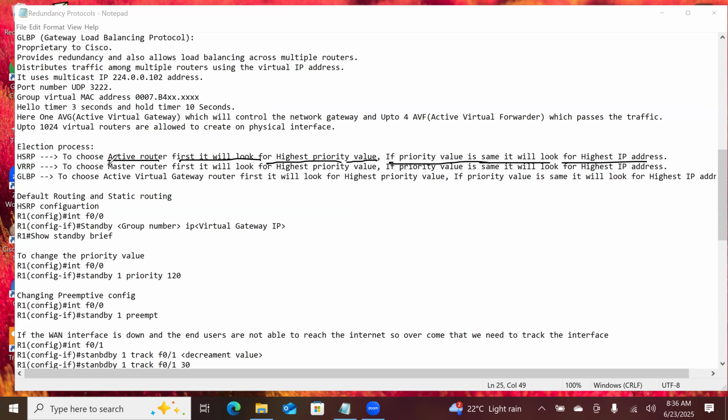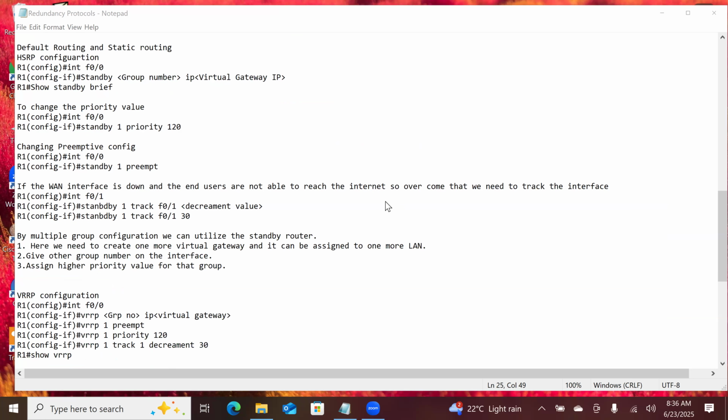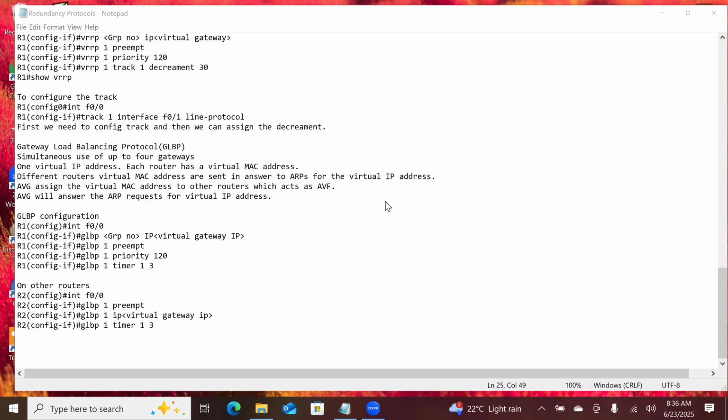You can see here, to choose the master router, first look for what? Highest priority value. Here also highest priority value. And if the priority value is the same, then it will look for what? Highest IP addresses. And the second best will become the standby or a backup. So next we'll go for